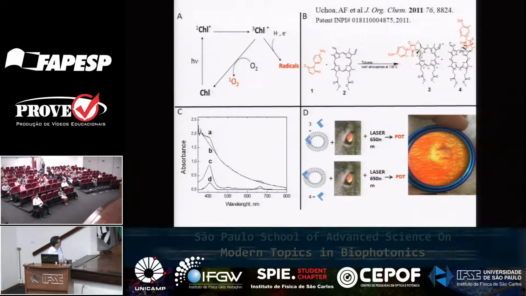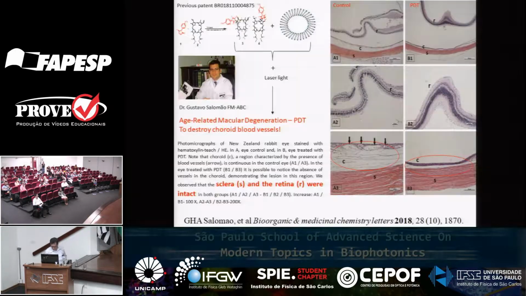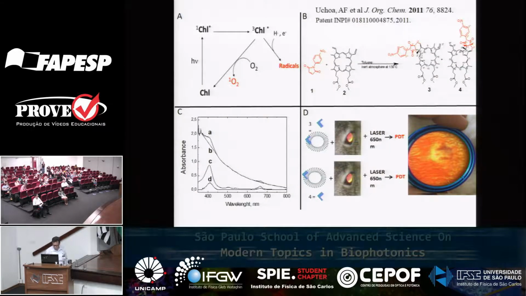And there is an ophthalmologist, his name is Gustavo Salomon. He tried this with rabbits. So the molecule was injected as a liposome suspension. You see this is the absorption of the free molecule, the liposome suspension, and they put red light in the eyes of the rabbit and saw that